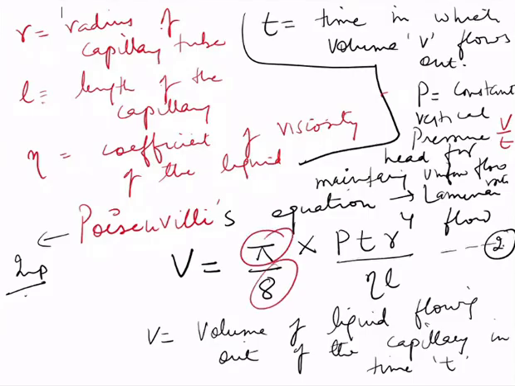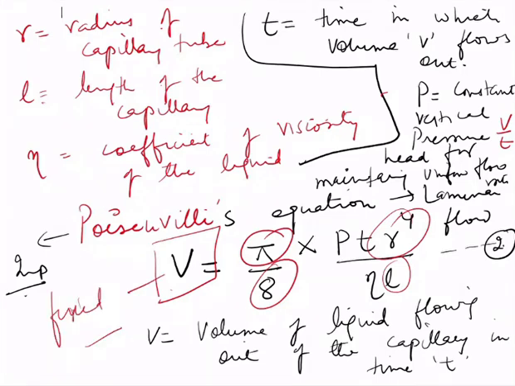pi is constant, 8 is constant, R and L are constant, class. These are all constant. Now if we assign a fixed value to the volume also, if we fix the volume, that this capillary will let only 10 ml go through, or 20 ml, then your equation will get reduced to a new equation